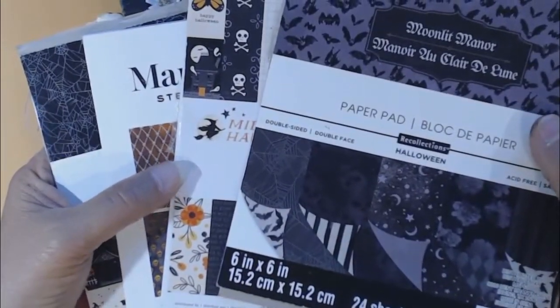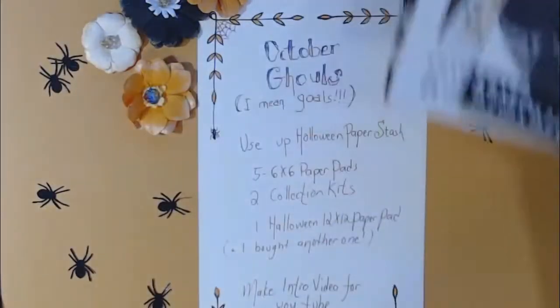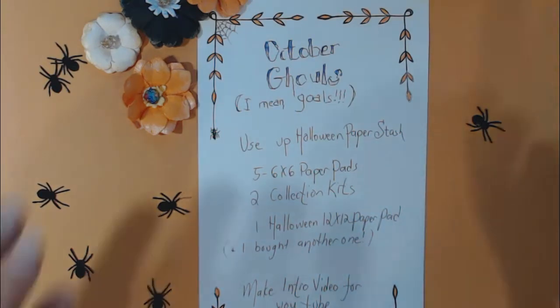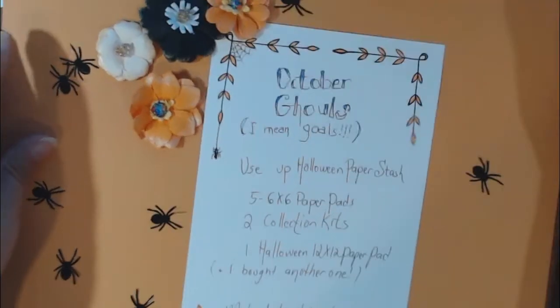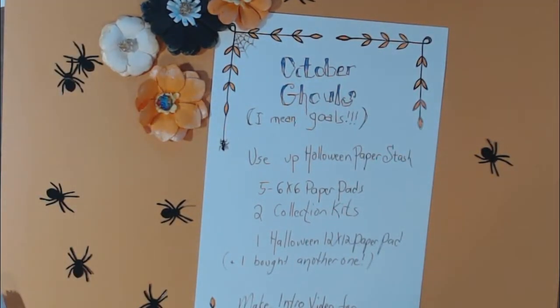And I said I was going to use all 5 of my 6x6 paper pads. I don't know what happened to the other one. The other one was a Doodlebug one, and I left it for last because it had these really small features on the pages, as 6x6 mini albums sometimes do. I can't find the darn thing. I mean, I tore my craft room upside down. My craft room is not that big. It's just a small room in an RV. So it couldn't have gone...